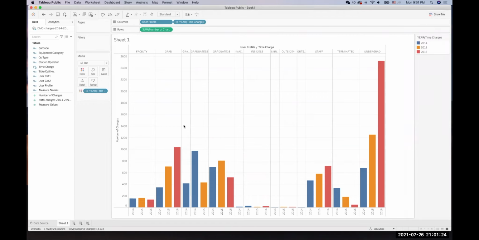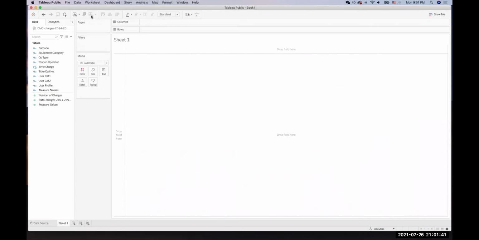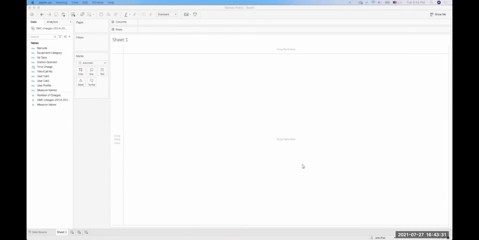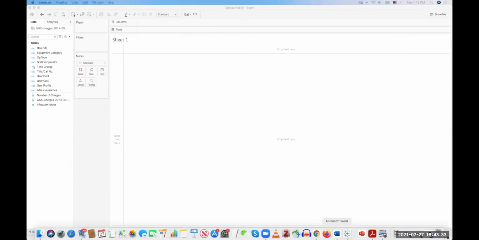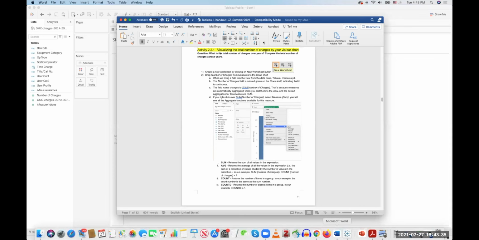So that's a quick demonstration of how to use Tableau's drag and drop feature and Show Me menu to create a chart or basic view you want. I can clear my sheet and we can move on to the hands-on part. We will follow our handout. On page 11,